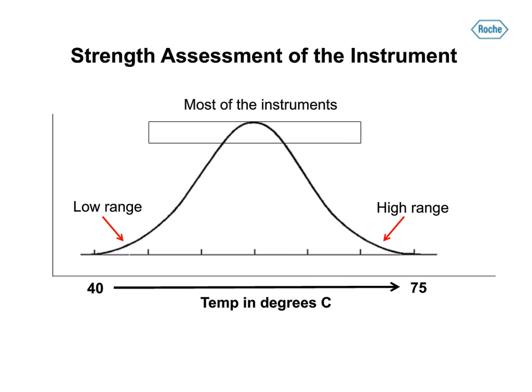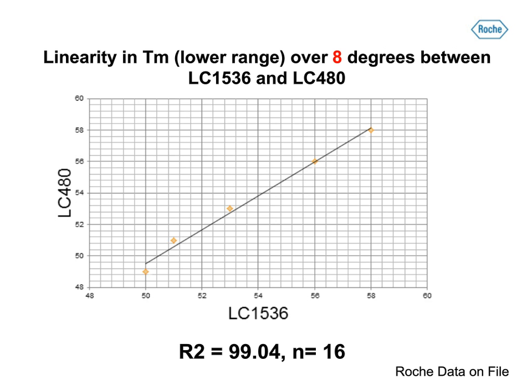So what you are seeing in the first correlation plot here is the linearity in the Tm over around 8 degrees between 1536 and the 480, with an R-square value of close to 0.99. And this data is a representation of 16 individual experiments. With the temperature ranges between 50 and 58, we were able to see a really good correlation with 480 and